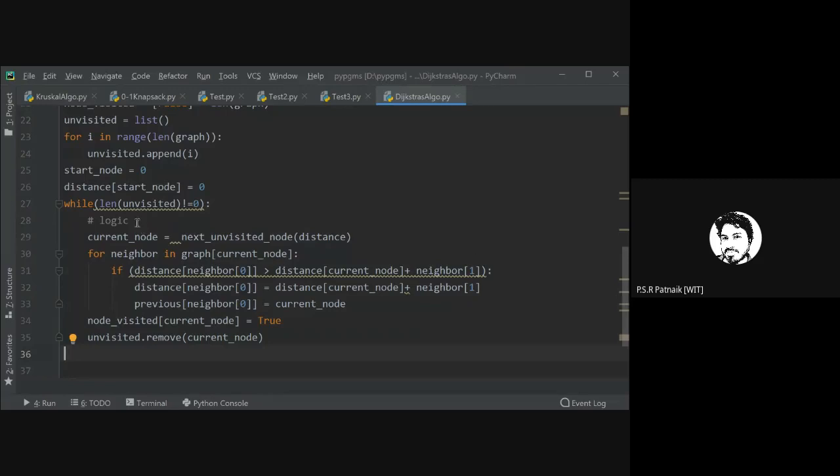Okay, so I have received this current node, and from unvisited I have removed this because I've explored all this. I have marked the current node as true and I have just updated. So in the next iteration it goes to here, it is not empty, it will fetch the next unvisited node,